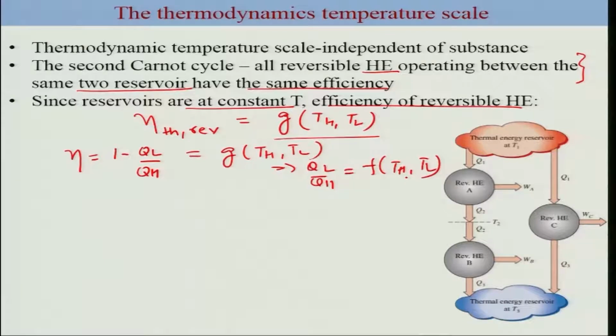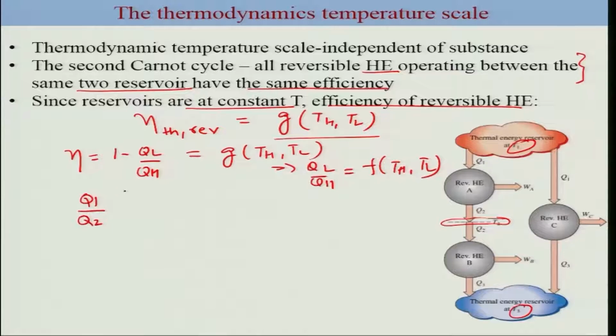Now consider this particular illustration here. You have two thermal reservoirs, one operating at T1, the other at T3, and here we are considering another reservoir which is at T2. Now you have three specific heat engines, and the corresponding work output, heat input, heat extraction and rejections are given. So let's start with the reversible heat engine A,